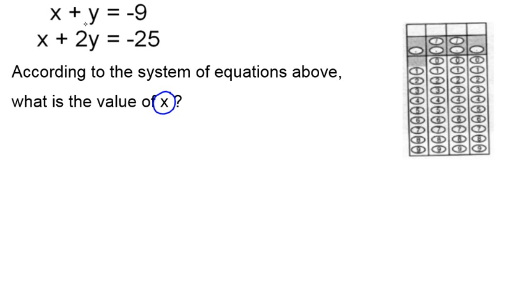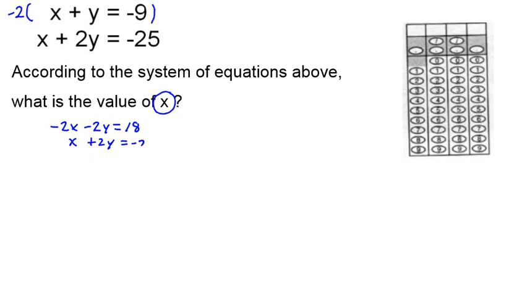We want to get 0y, and the way we can best do this, in my judgment, is if we multiply this entire top equation by the coefficient of -2. And doing that, I'm going to write this -2 times the equation below. We have -2x, and we have -2y equals 18. And then we're going to stack right underneath it the second equation, which is x plus 2y